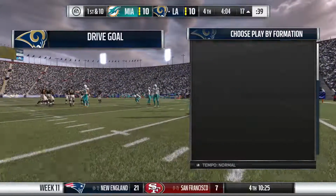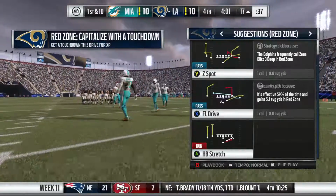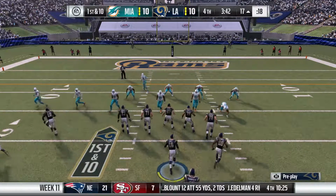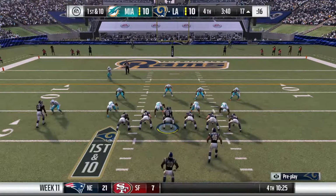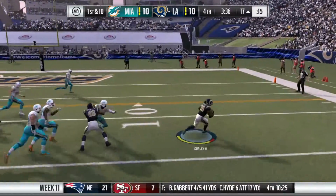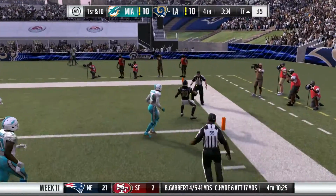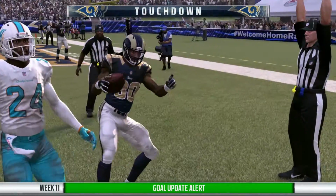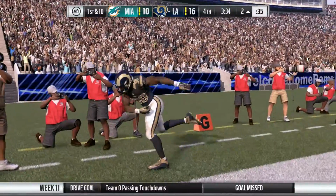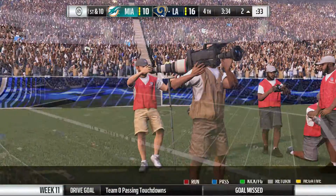So a golden scoring opportunity here. Let's see what they can do now operating in the red zone. They come up in an offset eye. On first down, it's Gurley. And he'll get into the end zone. Touchdown, Rams. Todd Gurley, his 5th touchdown now on the...